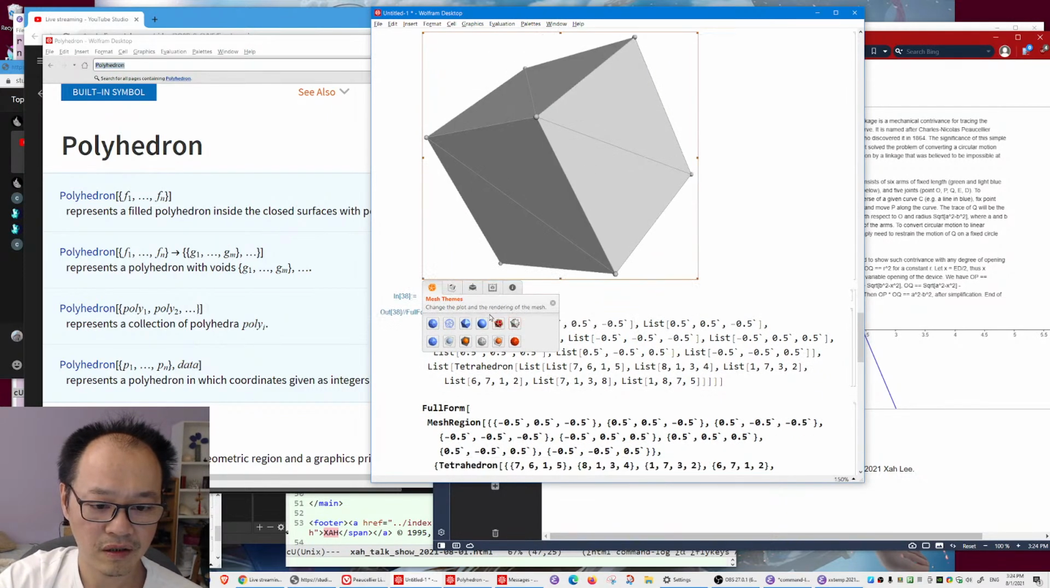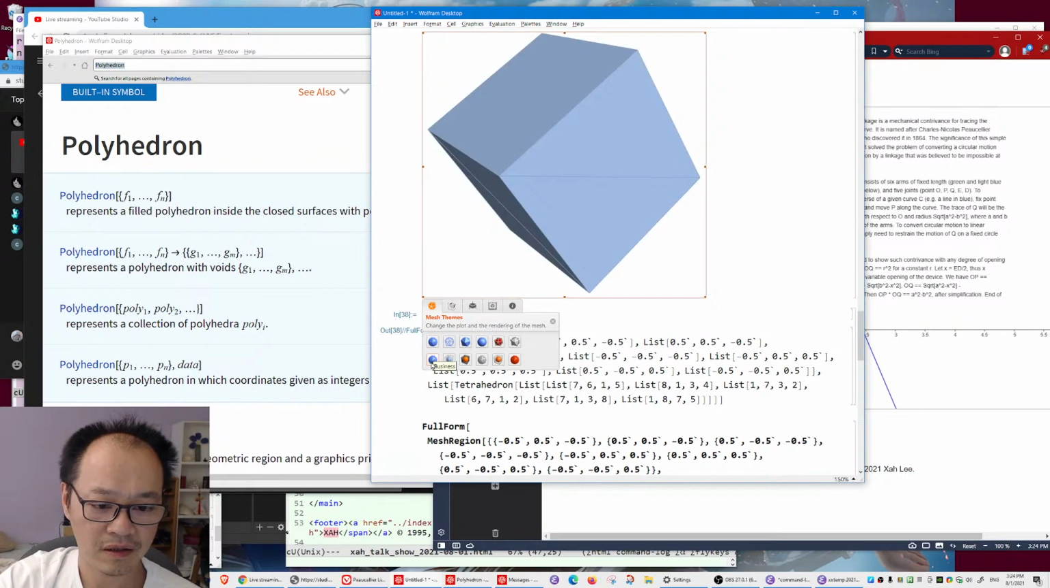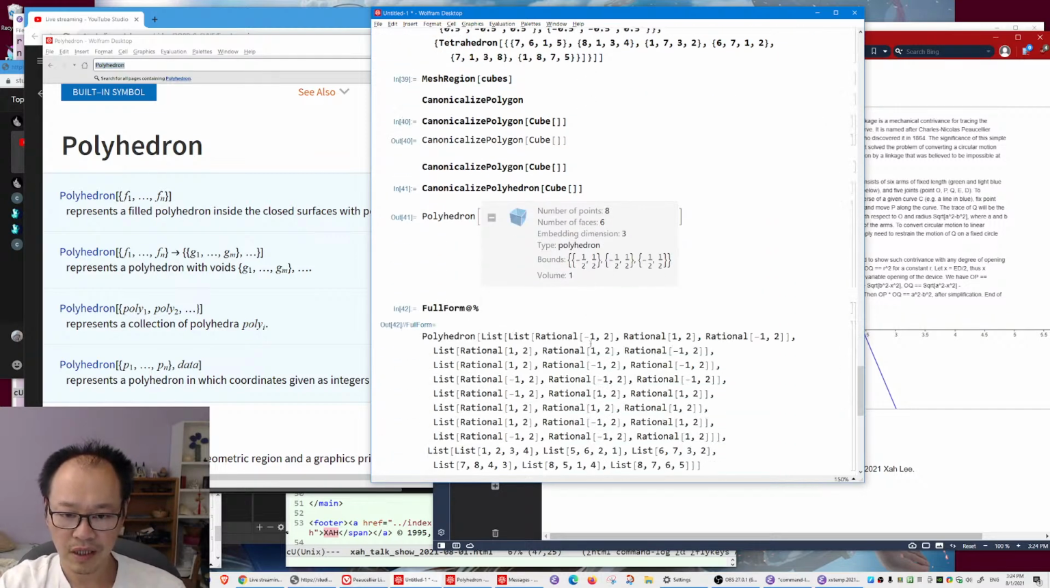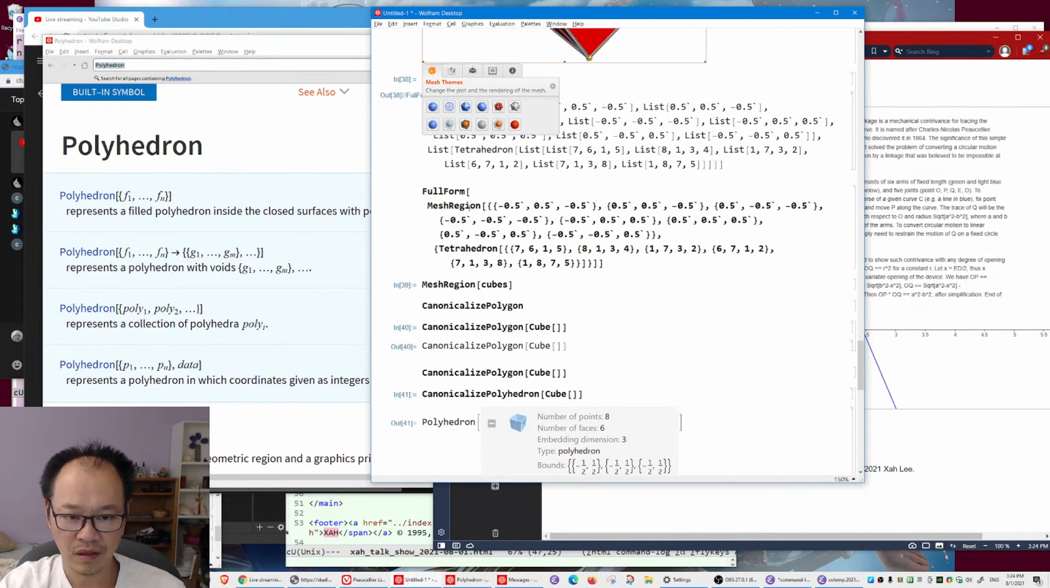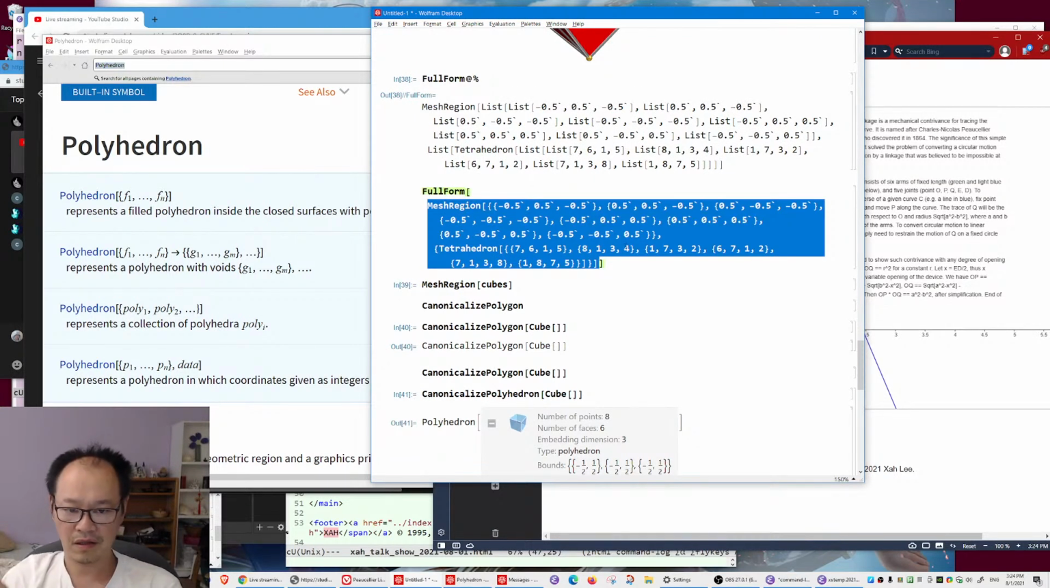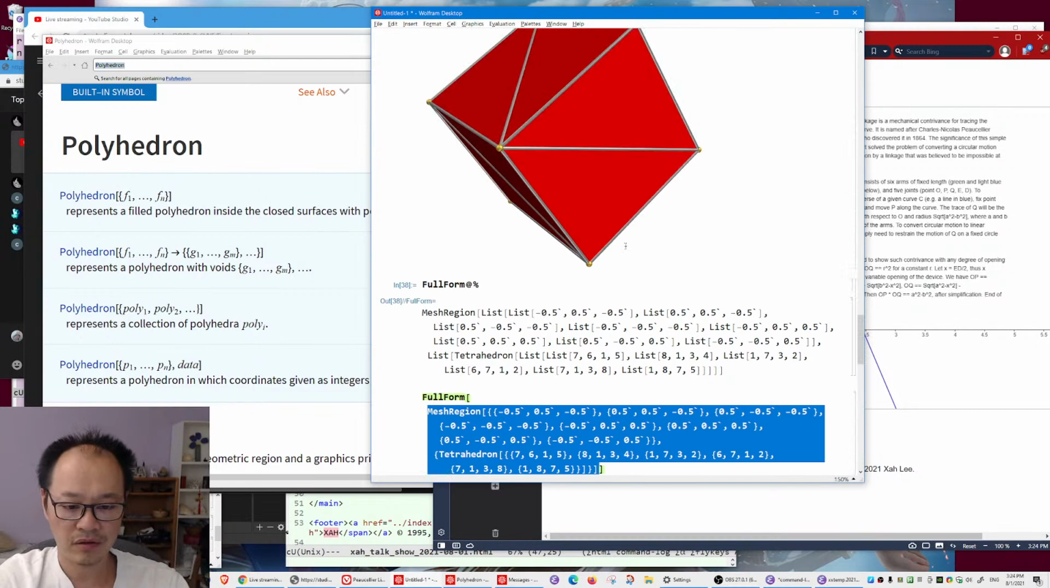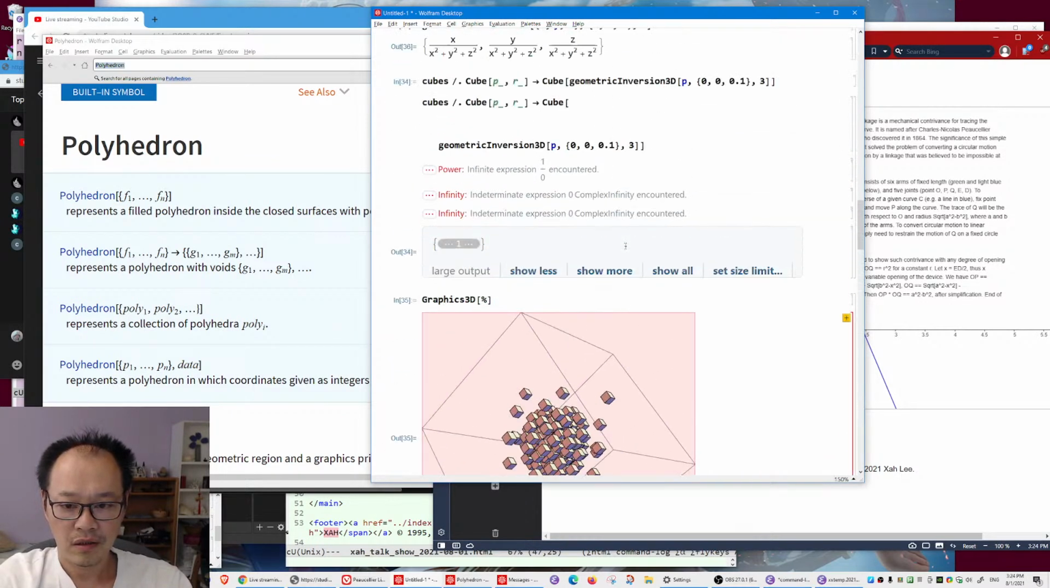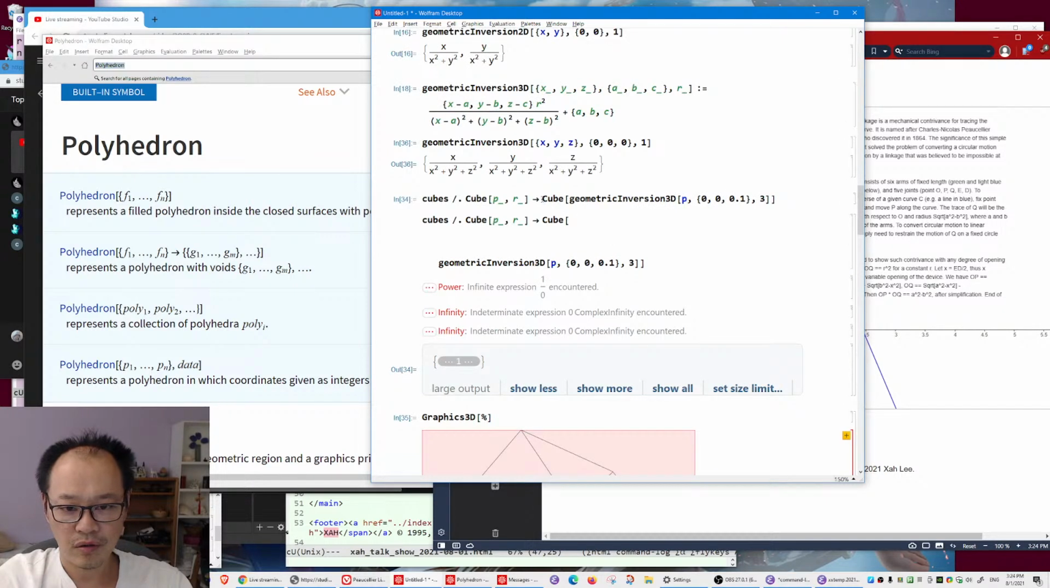Why is there no option to show transparency? Okay, so we turn a cube into six tetrahedrons, and the structure of them is in this. That's the structure of the expression. Once you have tetrahedron, then, okay, so let's do this. I know what to do. So change cube into